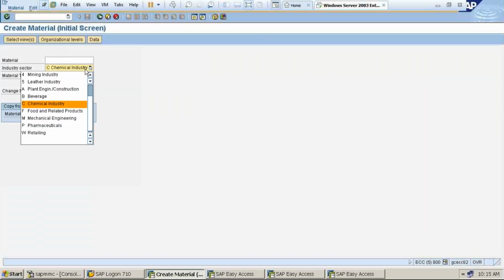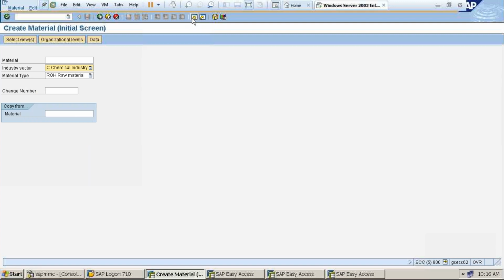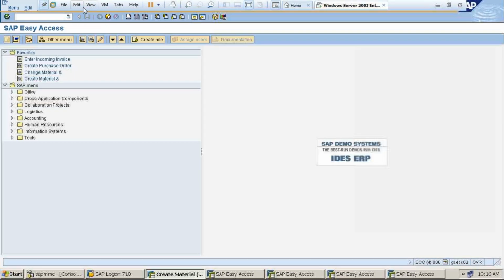Let's say your industry is not matching with what has been given by SAP. SAP is providing this information already in the demo version, right? But in real time you need to configure the industry sector as per the business requirement. Let's say you have a gold industry, a gold mine. Nothing is there related to gold, right? So I'm configuring via SPRO or directly OMS3. There are two ways. If you know the menu path, that's well and good. Otherwise, if you know the transaction code, that's also well and good. So by OMS3 also, I can create the new industry sector.